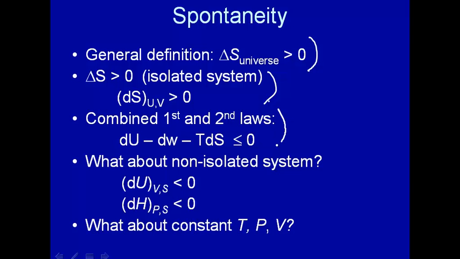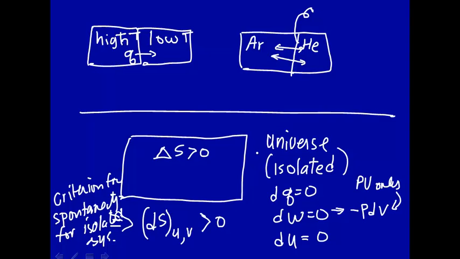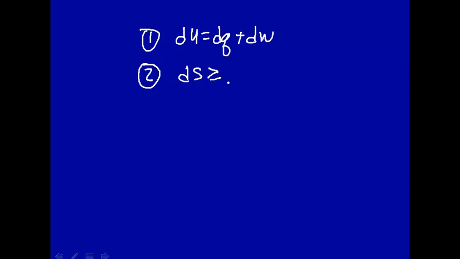Let's combine the first and second laws of thermodynamics to get the combined first and second law. The first law of thermodynamics is that dU is equal to dq plus dw. The second law of thermodynamics says that dS is greater than or equal to dq over T,